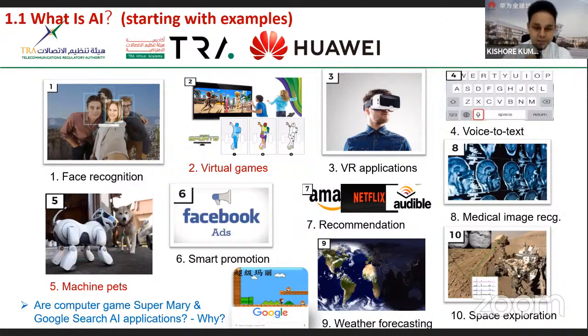And then we have this application called Google Search Engine. Now, my question to you: which one of these two applications is AI? Or do you think both are AI? Why? Okay, think about it. Right, so since I don't see you, I'm assuming that you made the right answers. So the answer here is Super Mario is not. Okay, so I'm going to leave that question for a later section. Okay, so think about it. I'm going to give the answer right now.